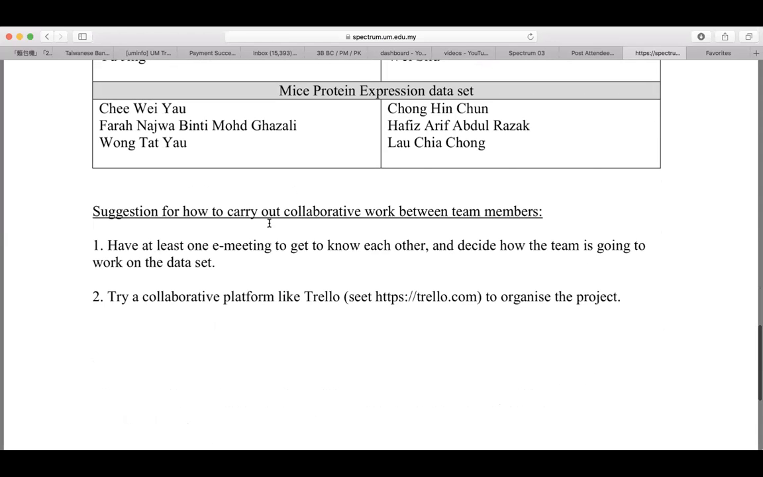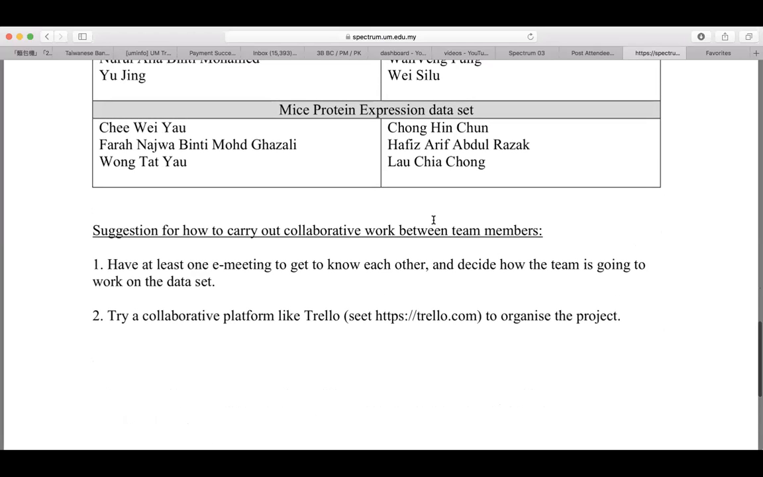So, a suggestion on how to carry out collaborative work. Just get to know each other. Maybe you'll just have an e-meeting to get to know each other and talk. Possibly, I think it's better if everyone looks at the data set first to have some idea about what's going on, right? And then when you try to do things together, I can suggest that you use